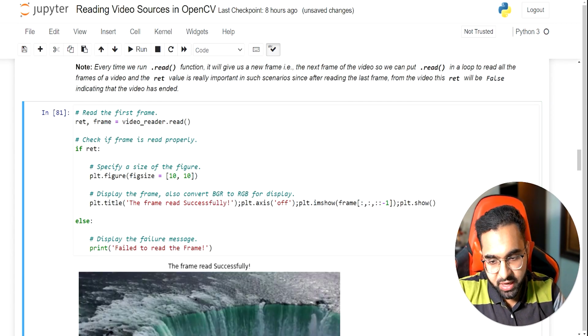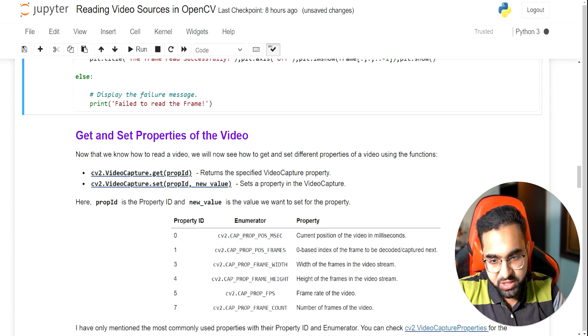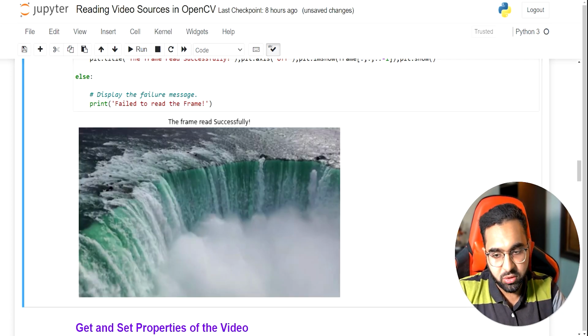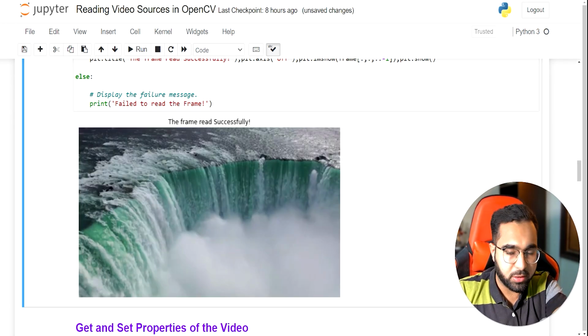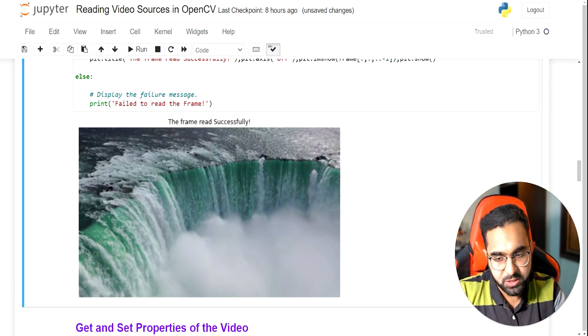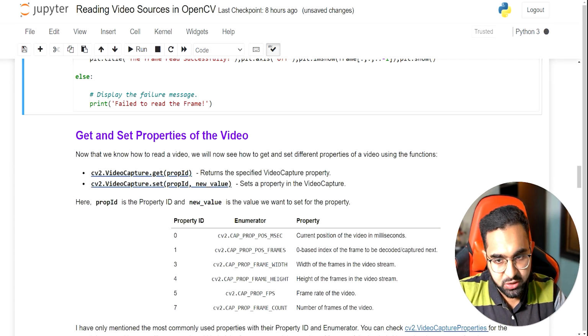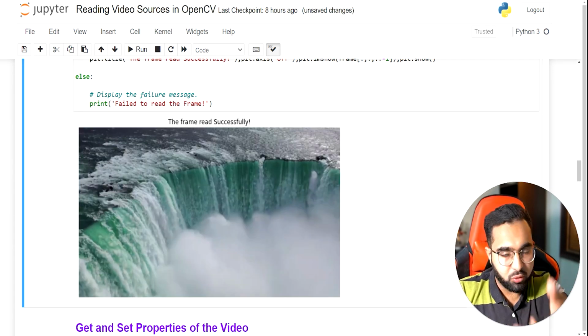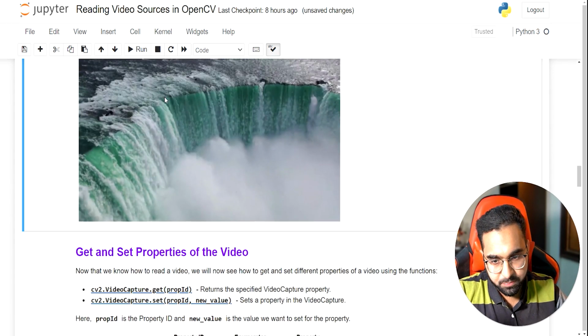So if I run this again, now this will be a different frame that's being read. Each time I run this, you'll see a different frame. Because this video is a static video with a waterfall, it's hard to tell if a new frame is being read. But if you notice it properly, you'll see some differences. You can try it with a different video. You'll clearly see that if a person is walking around, at each frame you run, the video will update. So every time I'm running this, you'll see a new frame pop up.